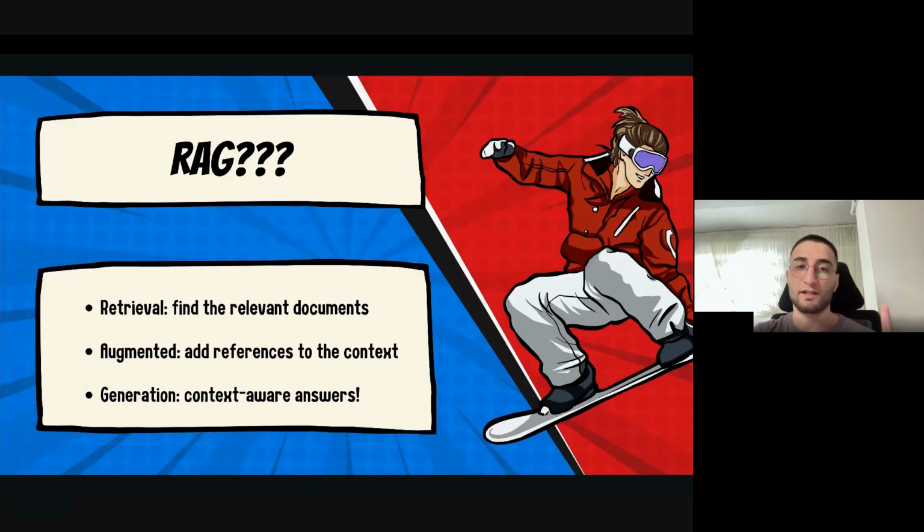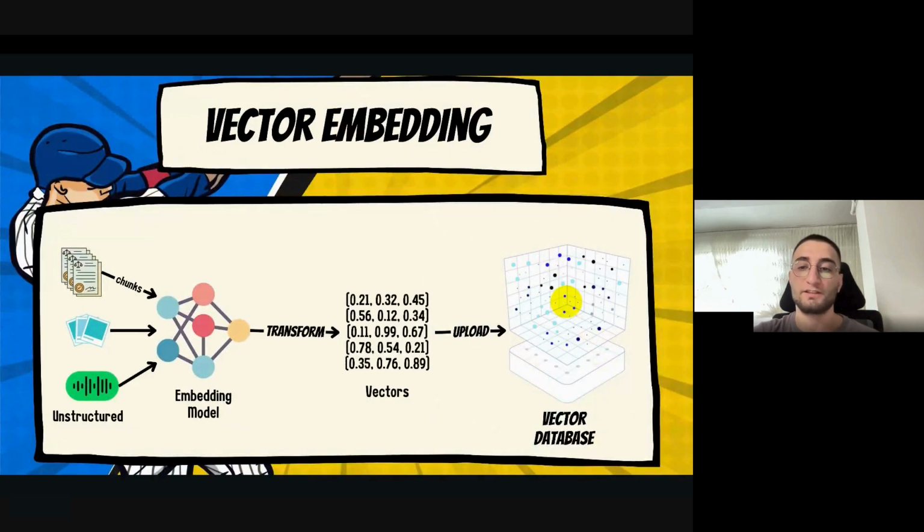But first of all, in this ecosystem, you need to understand what vector embeddings and vector databases are. So we have a lot of data. It can be unstructured or structured, like voice data, images, or documents, PDF documents. So you're turning these documents into chunks, or this unstructured data, into an embedding model. This is text, this is image, and this is voice data. And then out of the embedding model, you are transforming these data into vectors.